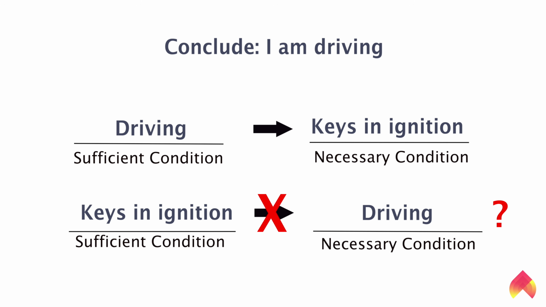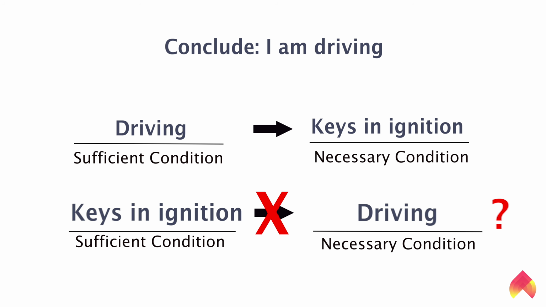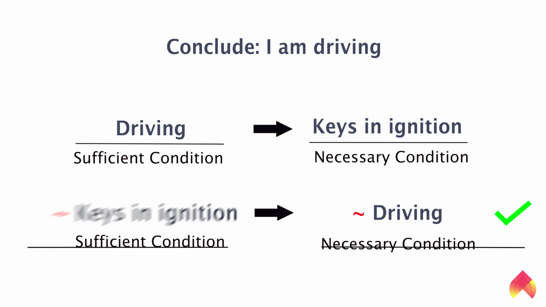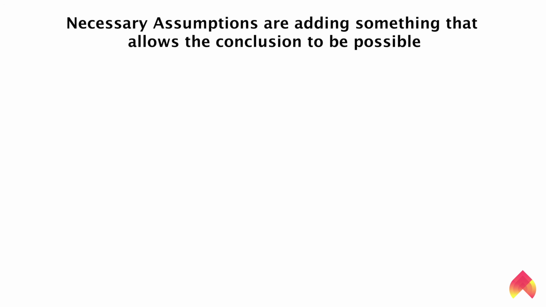But if I'm driving, can we guarantee that my keys are in the ignition? Yes, we can. Saying that my keys are in the ignition makes it possible for my conclusion to be true, which is that I'm driving. If we negate the necessary assumption, and say my keys aren't in the ignition, then my conclusion is invalid. I definitely can't be driving. And that's all that necessary assumptions are trying to do. They're trying to add something in that allows our conclusion to be possible,